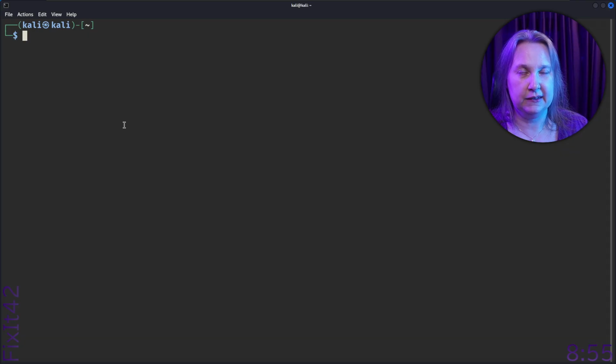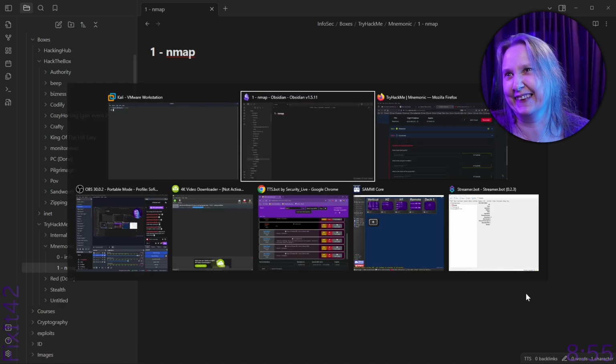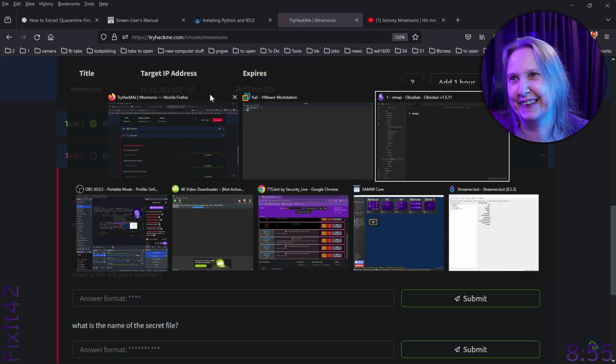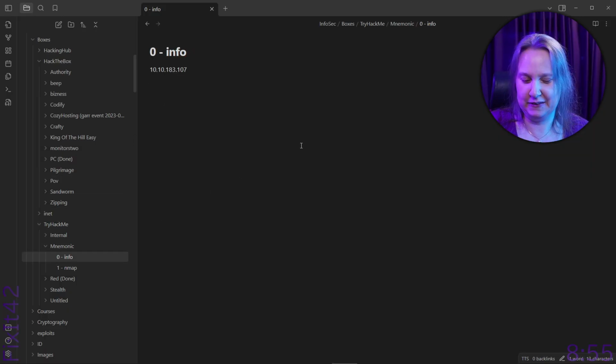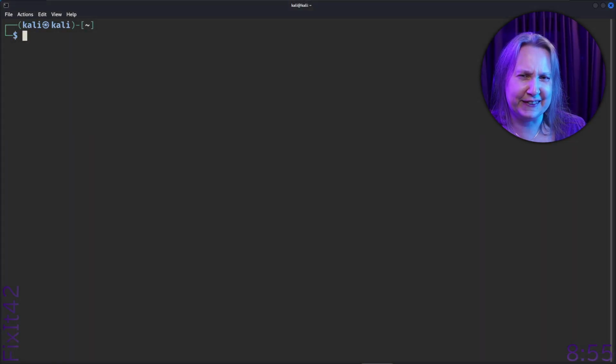Anyway, first we need the actual IP. I'm sorry, but I'm switching back again to the left screen, and we're going to copy this IP, because without the IP we would have a much harder time doing this. And let's get this into this information. We have the IP of the machine there. Trying to be organized. I'm trying here, people.